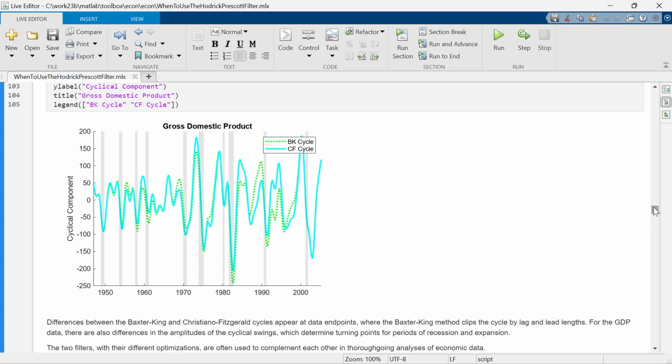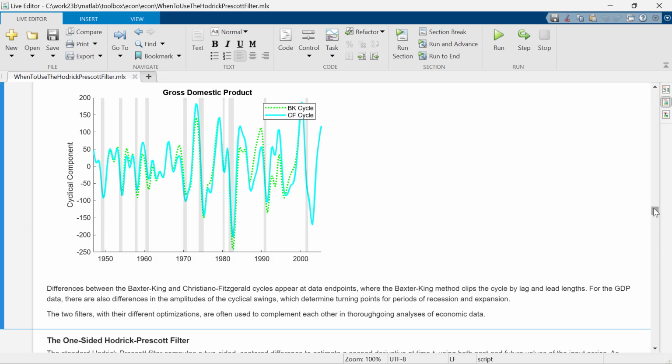So, just in summary, the Baxter-King filter and the Cristiano-Fitzgerald filter are coming from the same place. They're both bandpass filters. They have slightly different mathematical foundations or goals, and of course different algorithms that compute the cycle. But they both functionally behave the same way in that you give cutoff periods at the low end and the high end and collect the middle frequency data in the cyclical component for the output here.